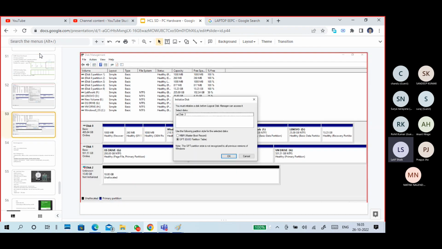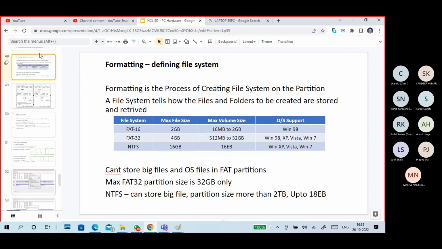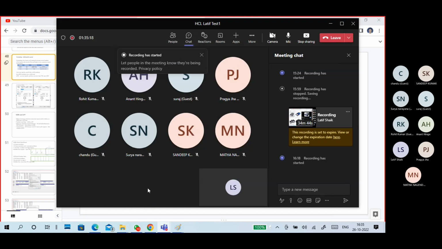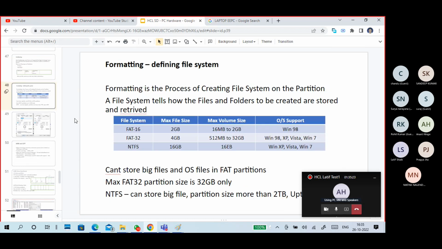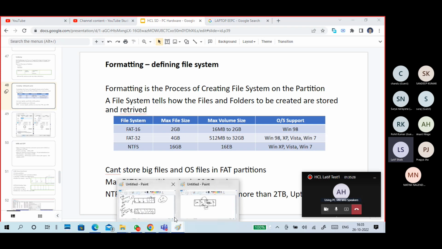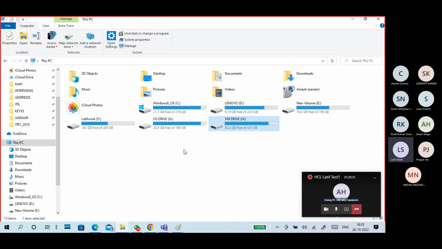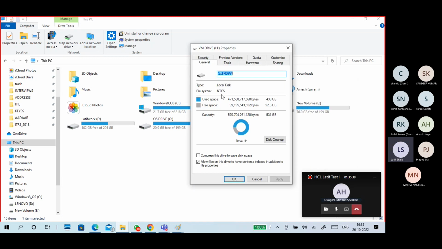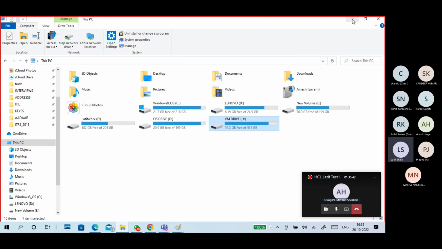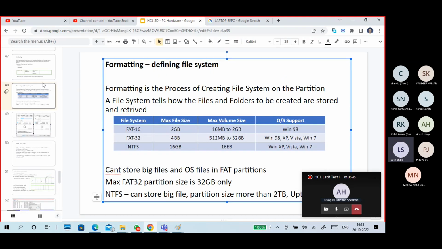Okay guys, do you understand what partitioning is? When you do a partition, you must tell what file system is required. For example, you see here what file system it has: the NTFS file system. What is this file system, guys? The file system will tell